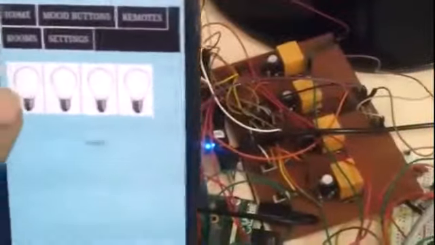Okay, let's log in as an admin from the mobile. Okay, so we are in the system as an admin from the cell phone. As you can see that we can see the 4 LEDs on the desktop and on the phone as well. Okay, so now we'll switch on the first light and see its effect on the real LEDs.